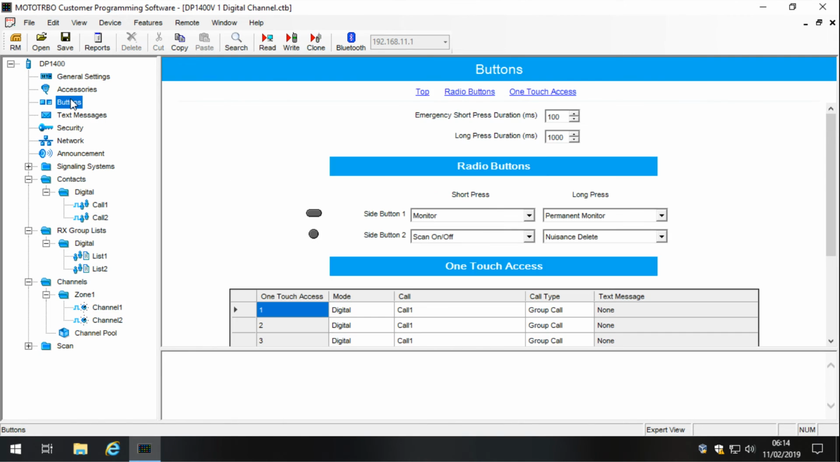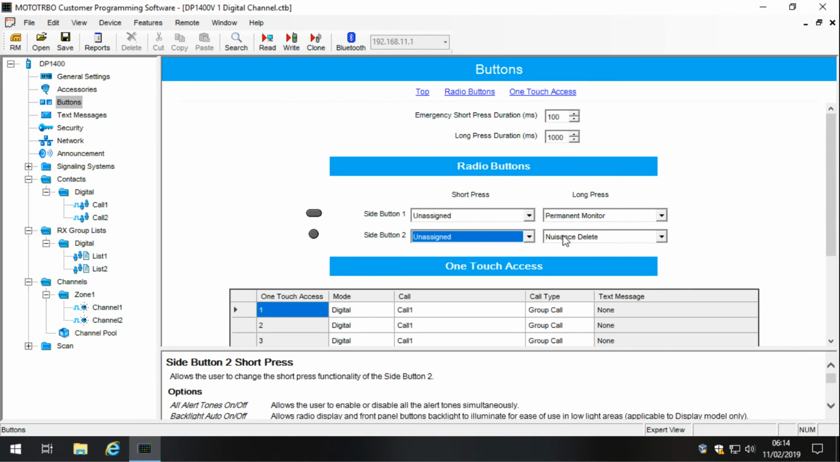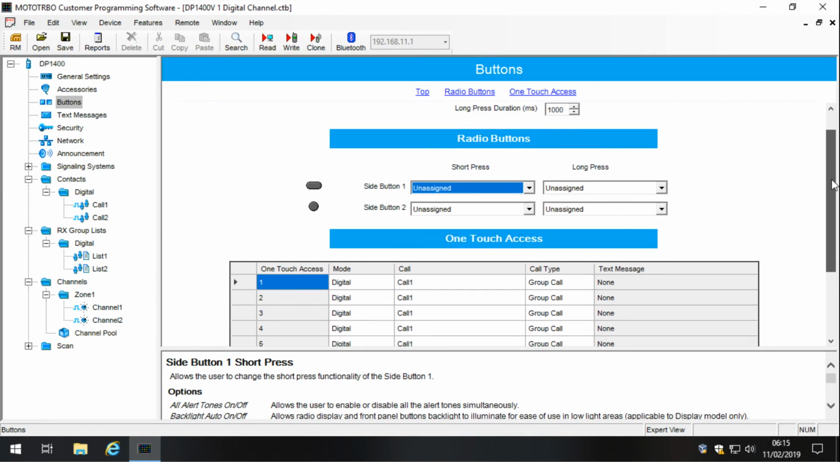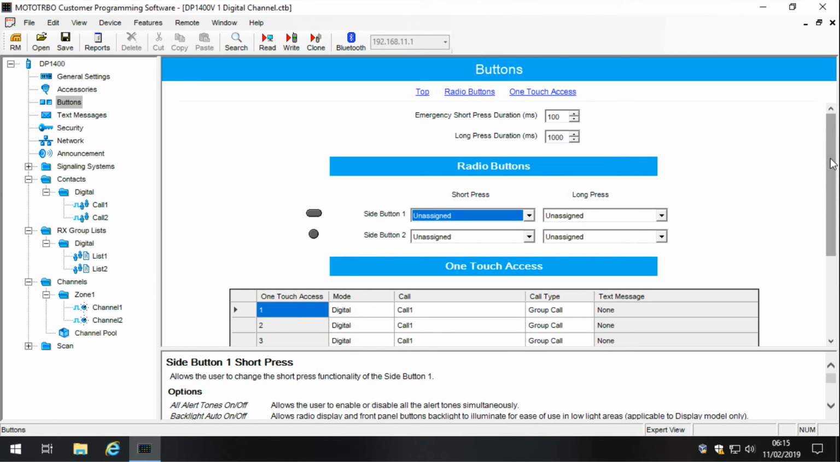I should say one thing. One thing that I always forget to do until the very last minute is set my buttons to not do things that I've not programmed my radio to do. So it might be worth you doing that, and all you do is you just go to the buttons tab here, and you quite simply just set every single one to unassigned. I always do that at the very end, and it's something that I should probably do at the very beginning,